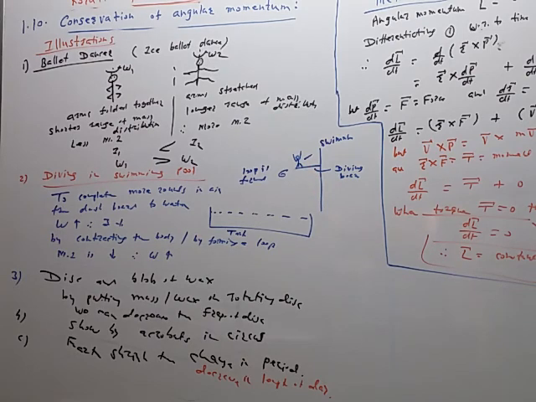When the swimmer jumps from the dashboard, he forms a loop in air. So by forming the loop, moment of inertia decreases. Moment of inertia decreases, therefore omega increases, and therefore he can complete more rounds in air from dashboard to the water. When he enters the water, again he relaxes the body so that he can enter the water safely. Then when the blob of wax is put on the rotating disc, then due to the addition of mass, moment of inertia increases, therefore speed of the disc decreases like this. So this is about the law of conservation of angular momentum, its statement, its proof and its examples or illustrations.